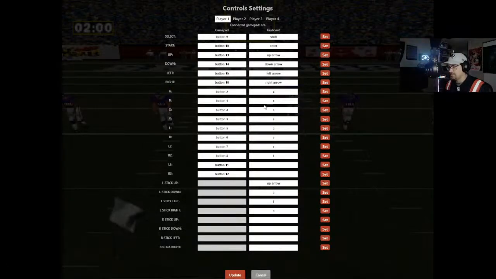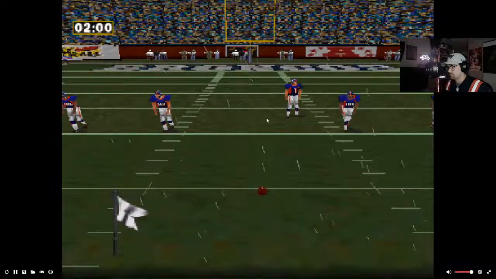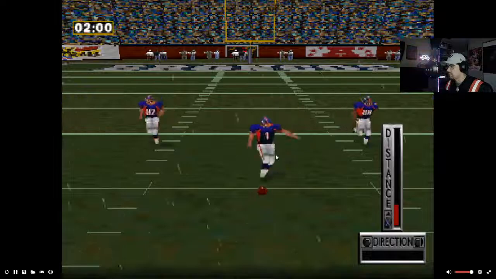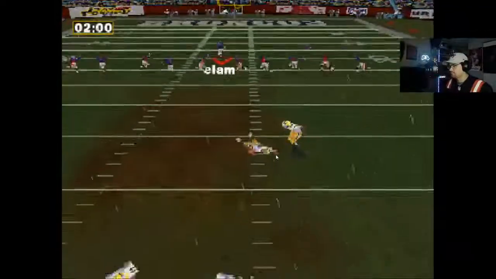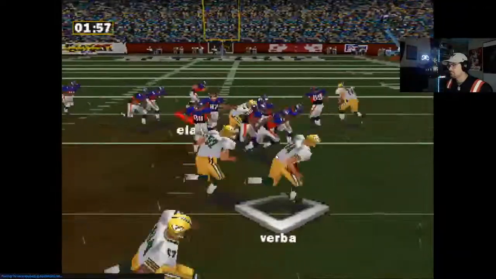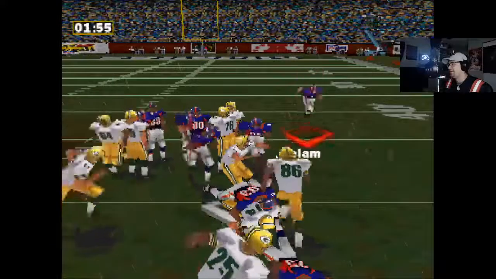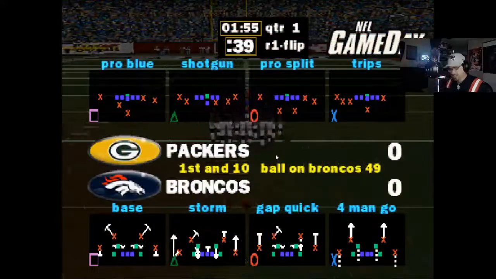I'm guessing that Z and X are A and B. So maybe X is circle, Z is cross. All right, so A is,